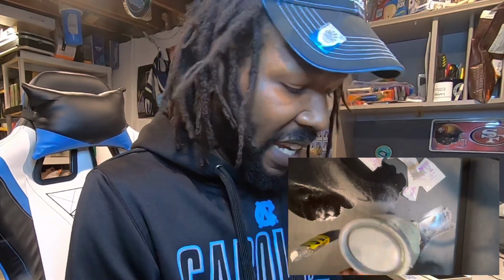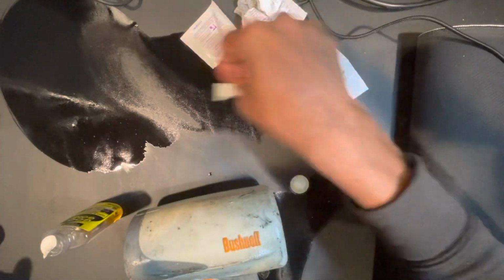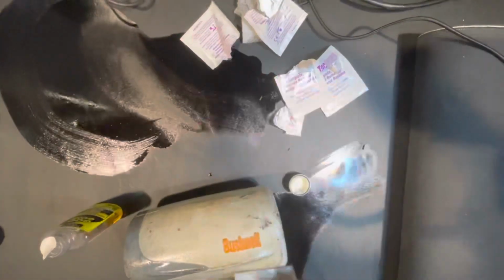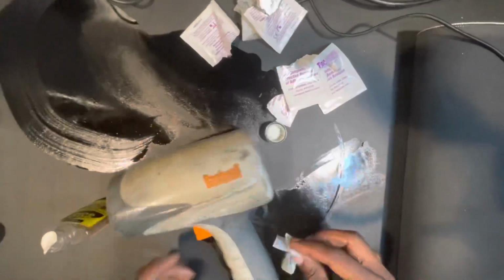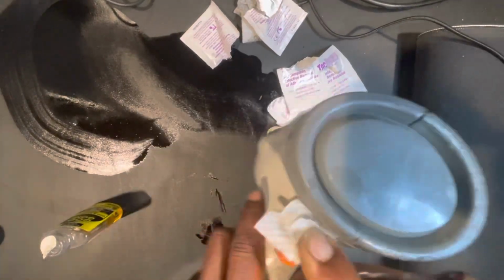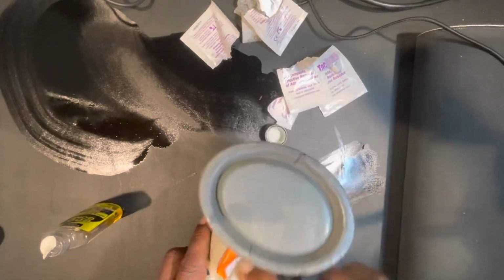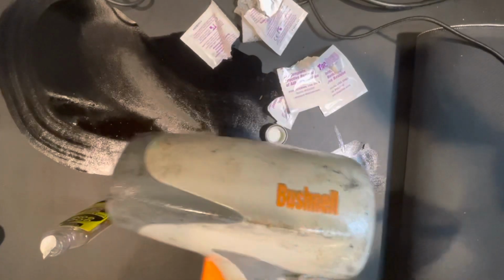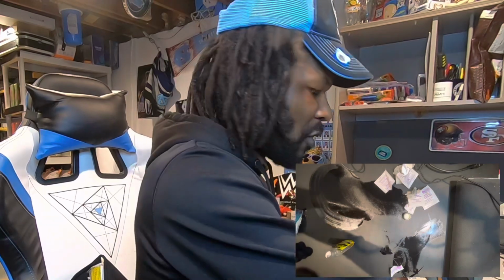I am about to make the executive decision, just to see, to soak up some of this stuff with some of the old ones, just to see if this helps get some of that stuff off a little bit easier, because that stuff is a little bit hard coming off. And it does immediately. You can see the TacAway is taking it off immediately, and I don't have to rub as hard as I did with the Goo Gone. So immediately already, we can see that this TacAway stuff is...